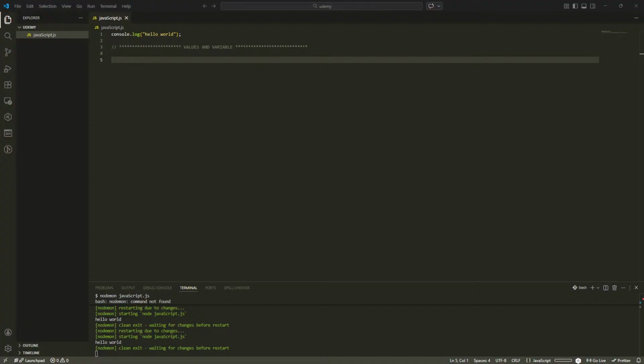Now, one extremely useful thing that we can do with values is to store them into variables. And so this way, we can reuse them over and over again. For example, we can say let, and then the name of the variable, and then assign a value like Jonas to this variable. Okay? And so what we did here is called declaring a variable. Okay? And so this will actually create a real variable in your computer's memory and will store this value inside of that variable. And actually, that is exactly what we did up here right in the beginning. So here we declare